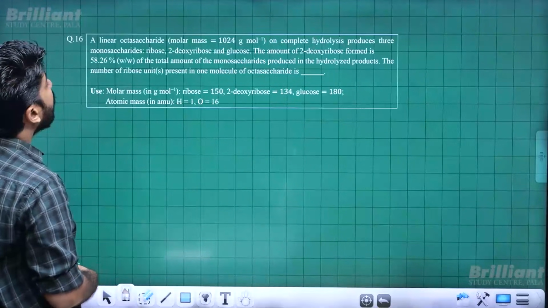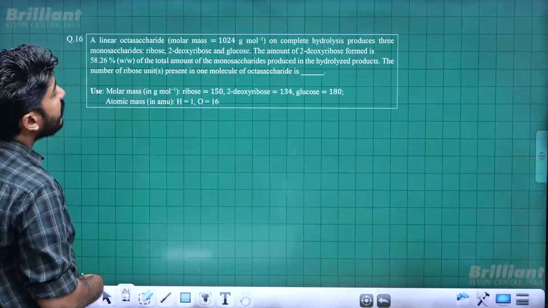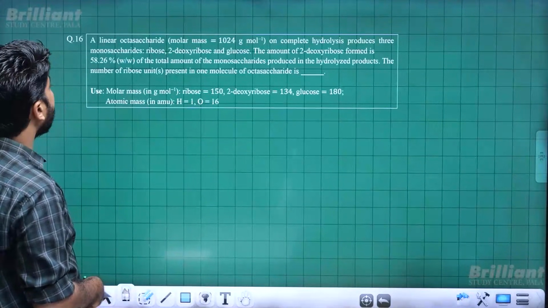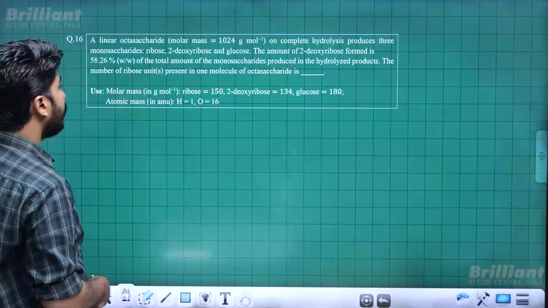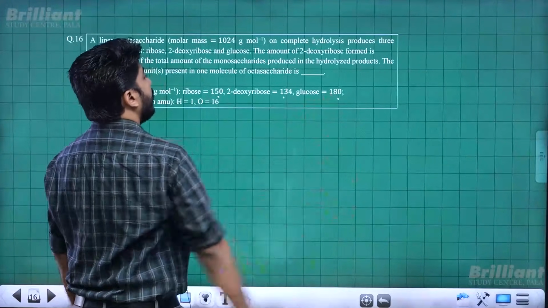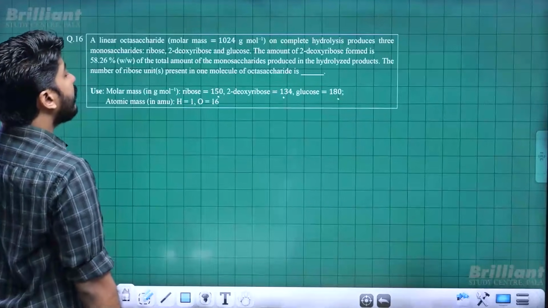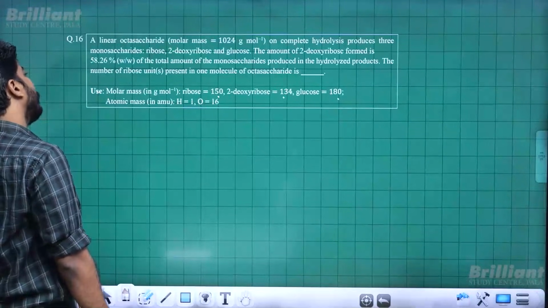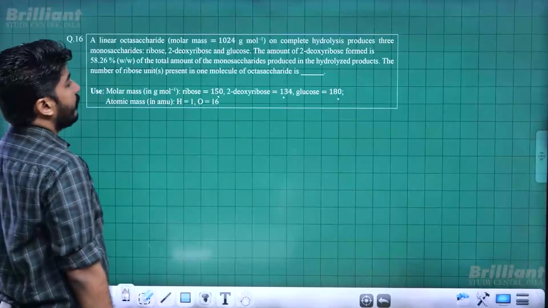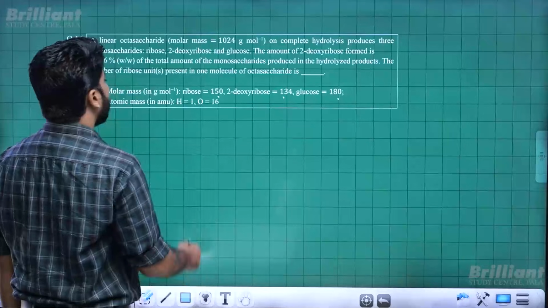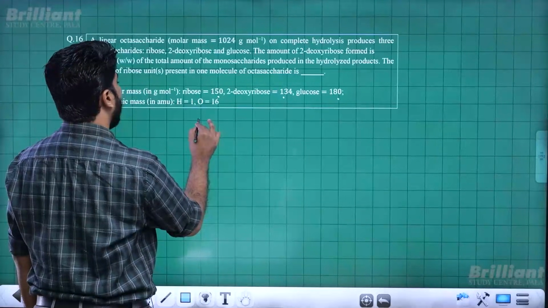A linear octasaccharide of molar mass 1024 grams per mole on complete hydrolysis produces 3 monosaccharides, ribose, 2-deoxyribose and glucose. Okay, all molar masses have been given. The amount of 2-deoxyribose formed in the hydrolysis product is 58.26 weight percentage. The number of ribose units in the molecule is, okay, so initially we had taken octasaccharide,